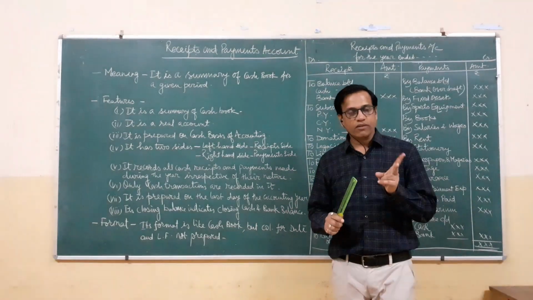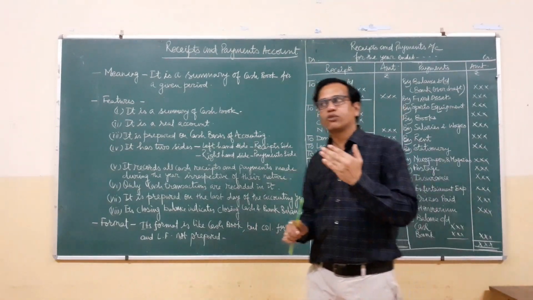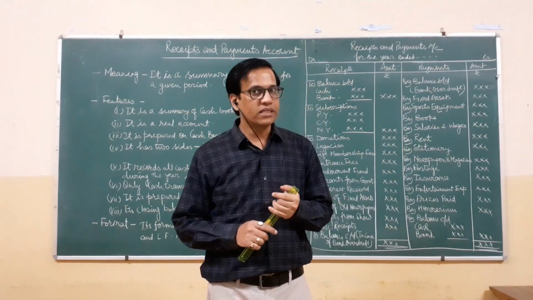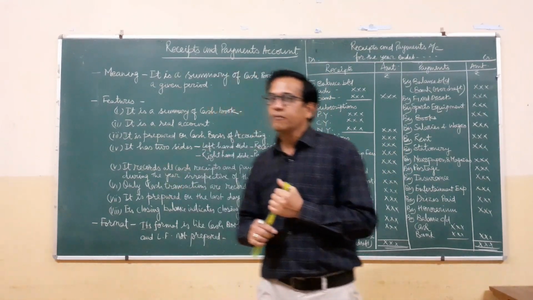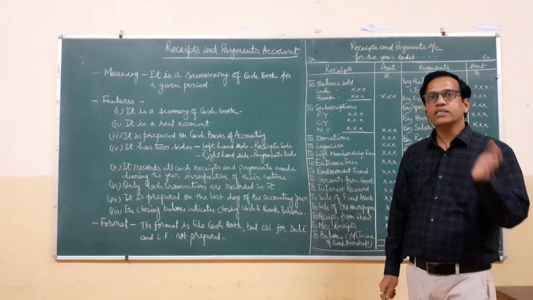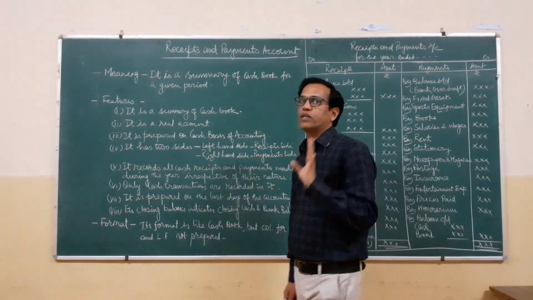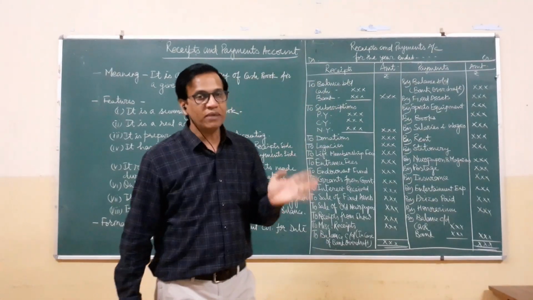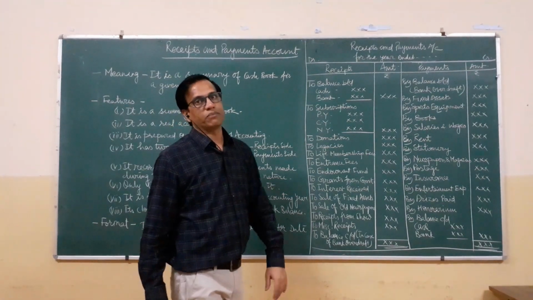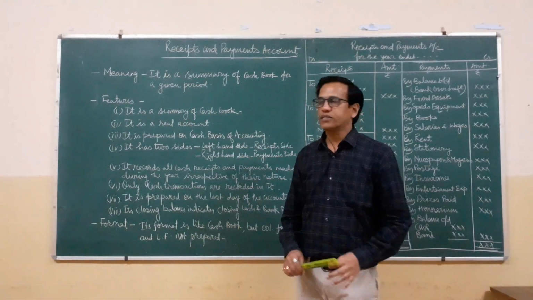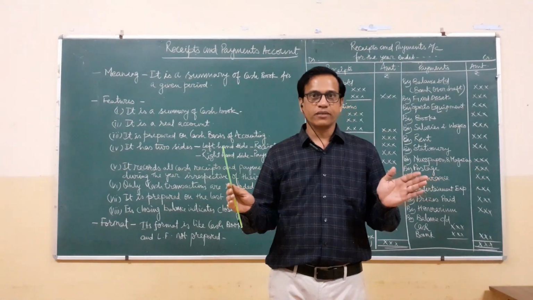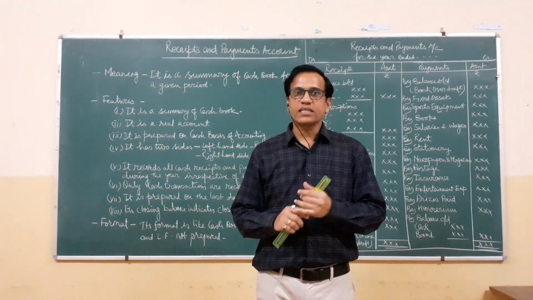It has two sides. When we talk about its format, it has two sides like cash book. On the left hand side we record all the receipts, on the right hand side we record all the payments. Then it records all the cash receipts and cash payments irrespective of their nature. That means whether they are of capital nature or of revenue nature, we record them into receipts and payments account. As well as non-cash transactions are not recorded. All the cash transactions are recorded